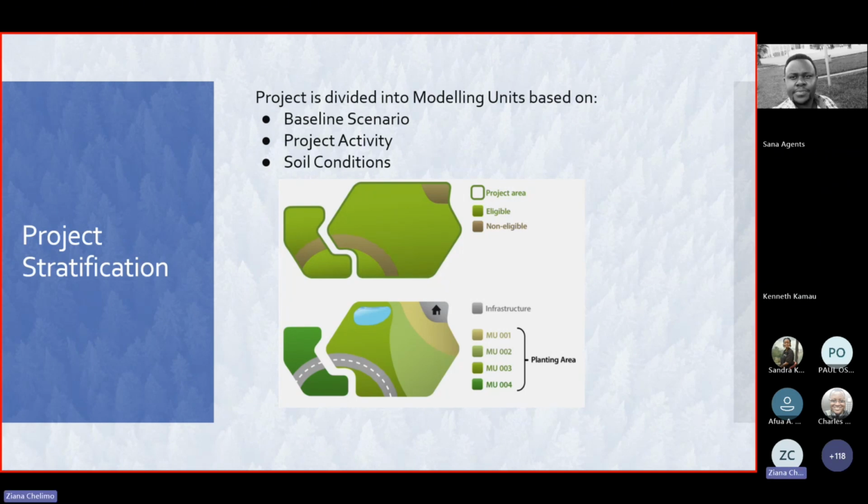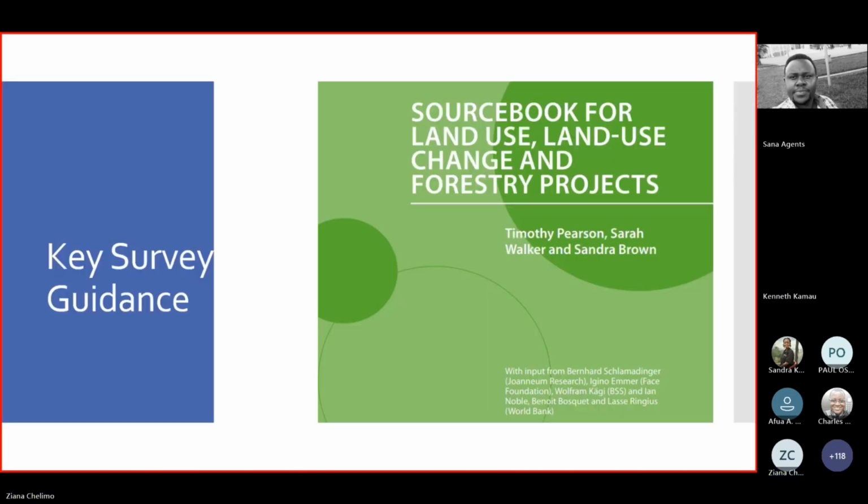And the fourth one being barren land transitioning to savanna, being converted to conservation forest through active planting. So for each of these identified modeling units, a separate set of statistically significant parameters will need to be monitored and measured. And to do this,